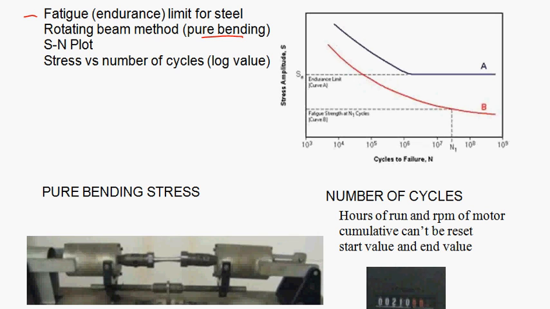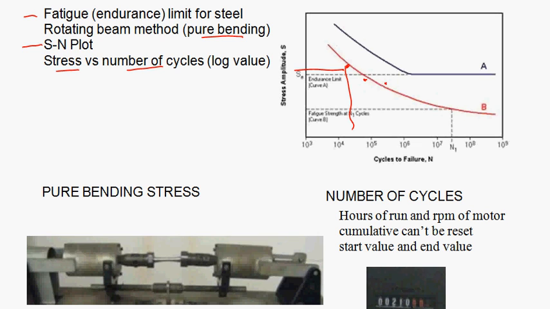In order to get the numerical value for that fatigue limit, we need to develop an SN plot. S stands for stress, and N stands for the number of cycles that the sample failed with that amount of stress on it. And that will allow you to develop data points to develop this plot. This would be the amount of stress, and this would be the number of cycles that occurred for that sample